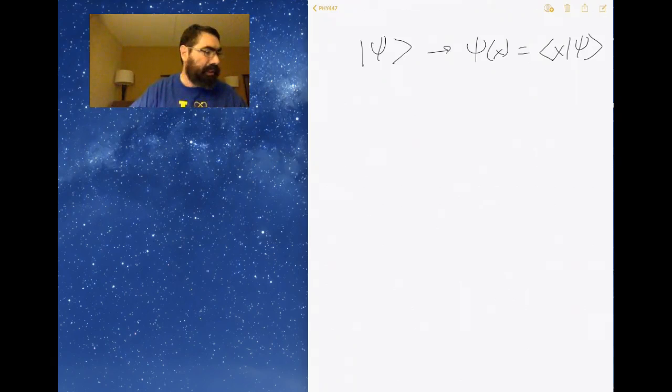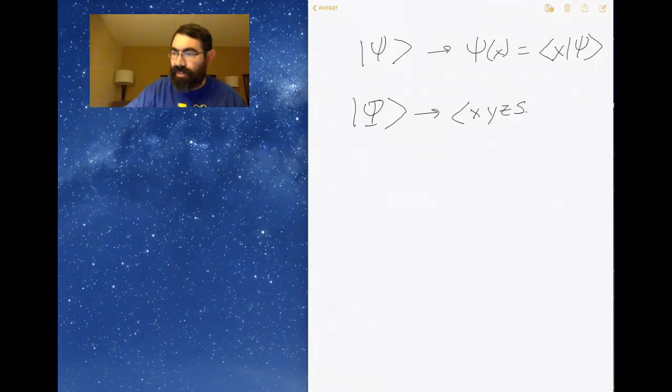So in this case, what we would have is our state, and I'll make it capital psi. And then what we want to do is project on it x, y, z, and sz. So we have the Cartesian basis x, y, and z, and then we also have the basis for the spin, at least the spin projection in the z direction. And if we make the product with our vector space like this,